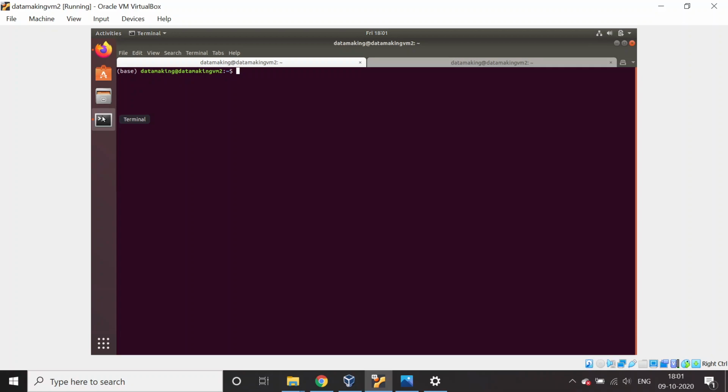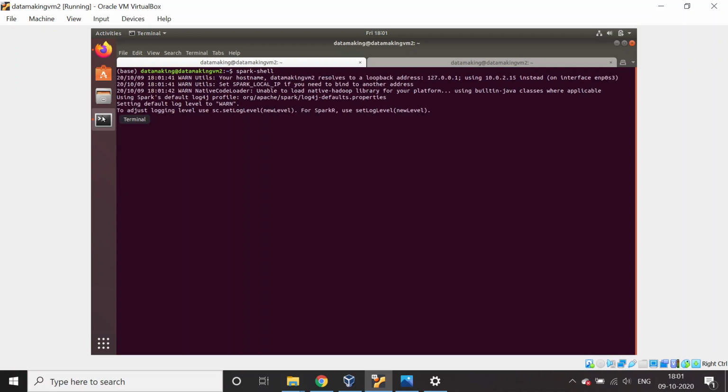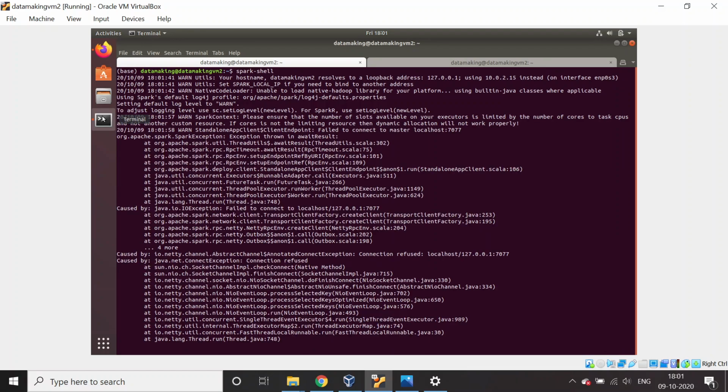You can just type spark-shell, which will launch. It is going to show you errors saying that it is not able to recognize the standalone cluster manager, because I've set the configuration file to look at localhost port 7077, which is generally the default cluster manager port number.